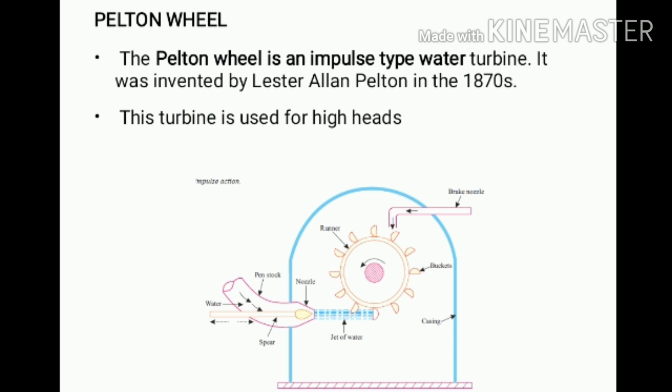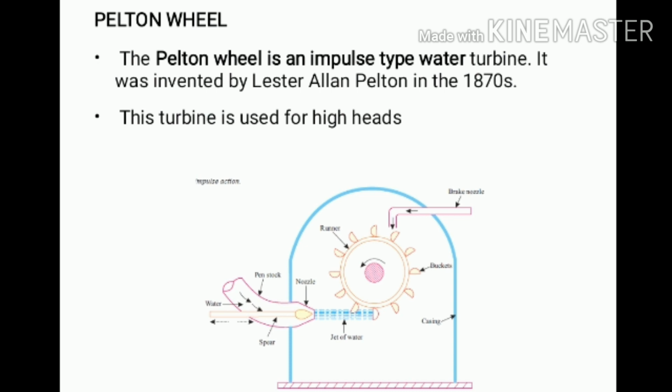Now, if you just look at the diagram or the slide, there are four major components of the Pelton turbine. Now remember, Pelton turbine is a type of impulse turbine, and the name impulse comes from the water jet directly striking the bucket. The turbine name is Pelton, which is the name of the inventor of the turbine.